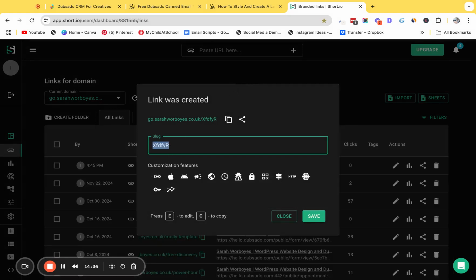So you can customize this, and I'm just going to call it discovery. So you are more likely to remember this, and it also gives you analytics as well. So you can see how many people, when you send this out, so if somebody is emailing you and you're like, okay, I just want to add a quick link to my scheduler, then you can see how many times